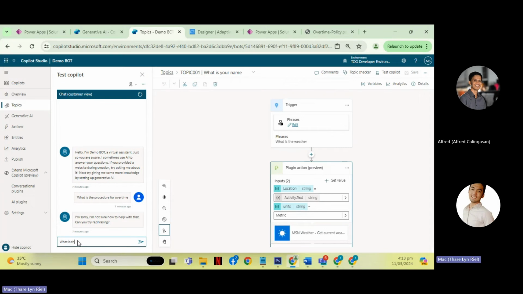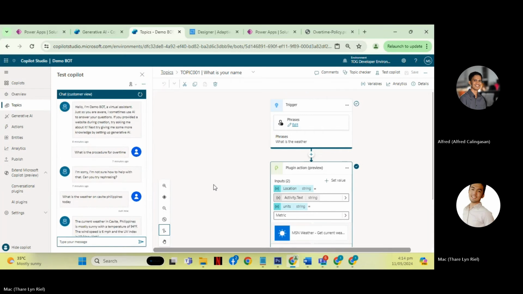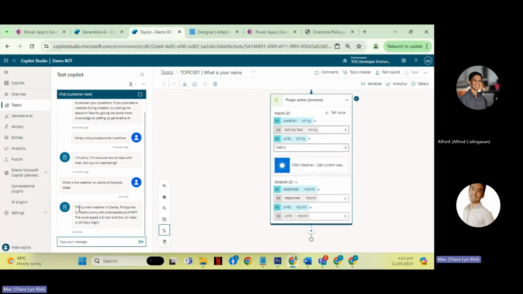What is the weather on Philippines today? As you can see for this one, it was able to find the weather in Cavite, Philippines.